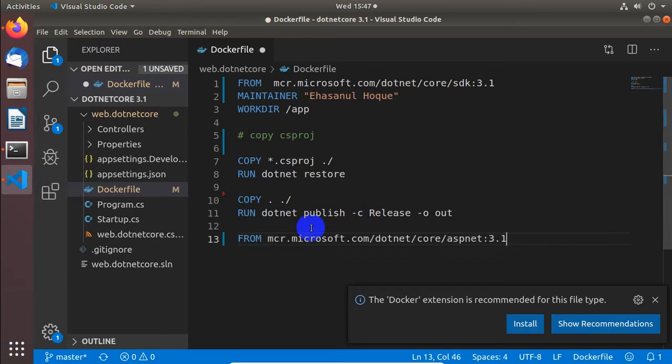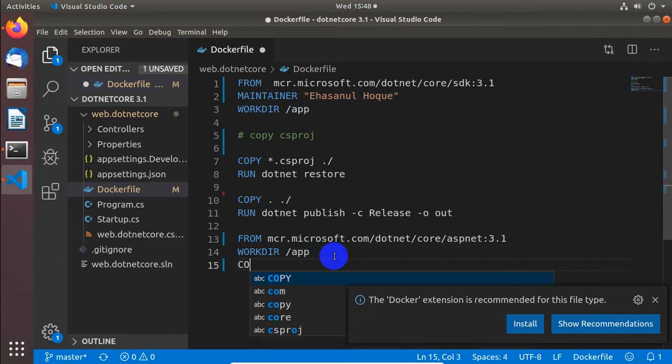From, and we need to have a work directory for the production deployment. I'm using app here again, but if you want to use a different name, you can.